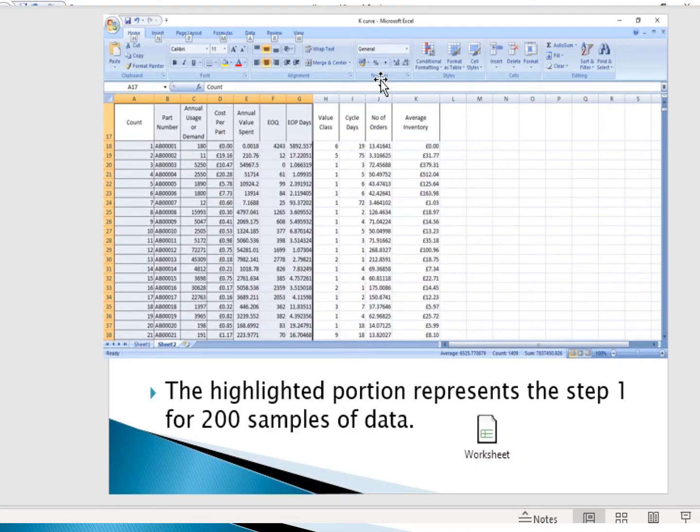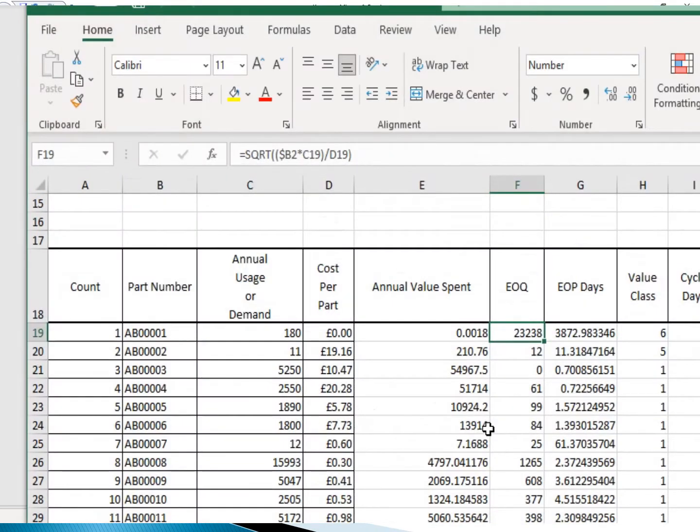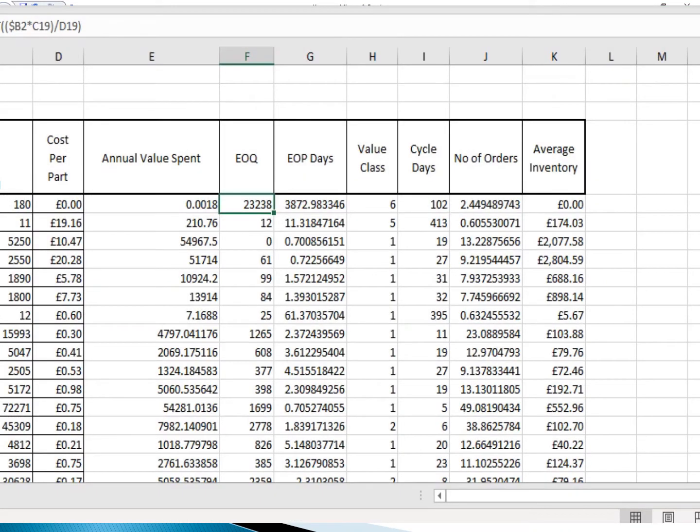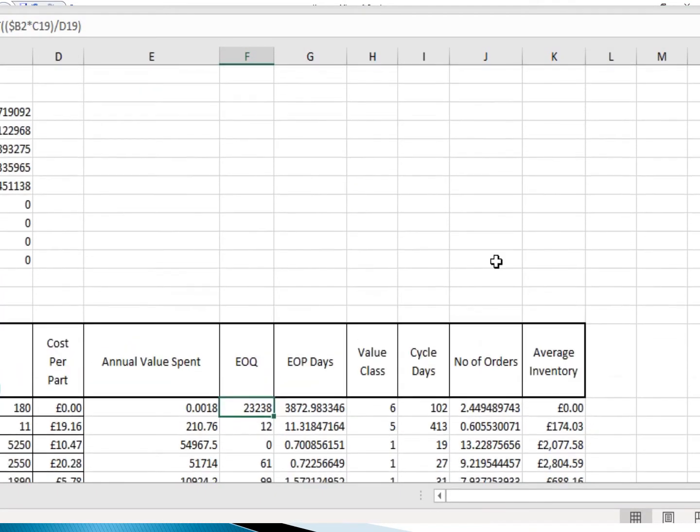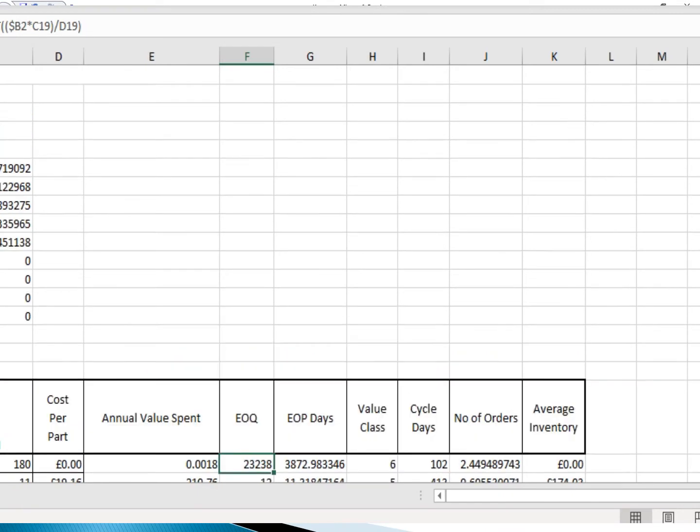Now we talk about the highlighted portion, which represents step 1 for 200 samples of data. Now we go to the Excel sheet where we get the final value. Here we see the final value of the EOP, and it starts from the value class and the limit applied.